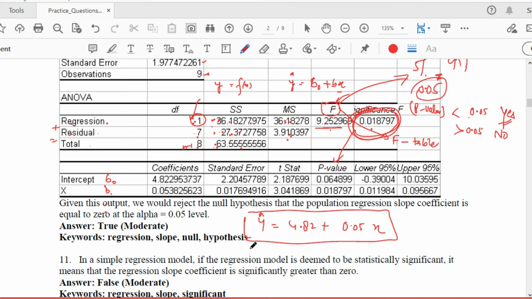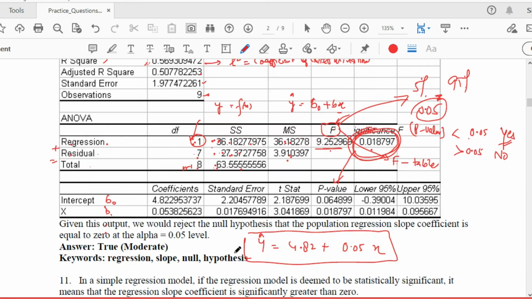So we have everything here. We can find the coefficients b0, b1. We can find the linear equation. We also test here with the help of the p-value whether it is a significant relationship, yes or no. So here we would reject the null, yes. Because the p-value is less than this, we reject the null